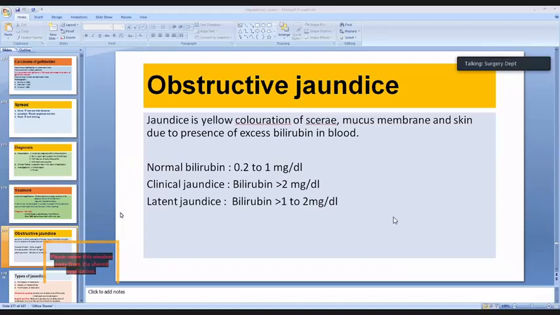Unconjugated. Unconjugated bilirubin is water insoluble, rather lipid soluble and toxic. In the liver, it undergoes conjugation with glucuronic acid by glucuronide transferase to form the conjugated bilirubin. This conjugated bilirubin is water soluble, lipid insoluble, and can be excreted into the bile. Ultimately, some of it can be excreted in the stool. So this is jaundice.